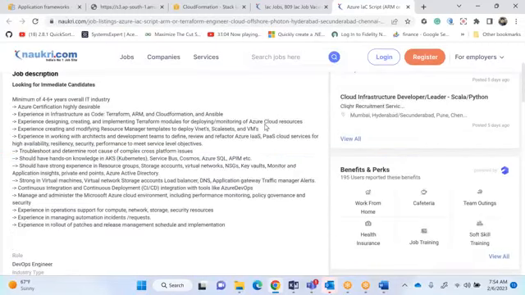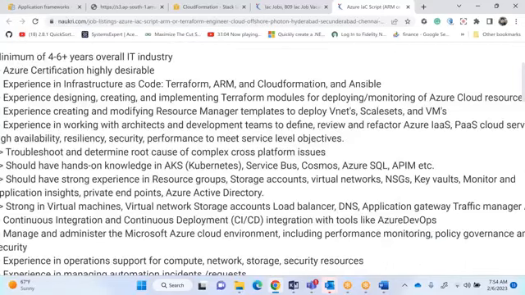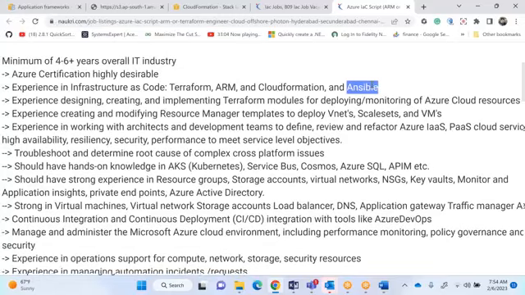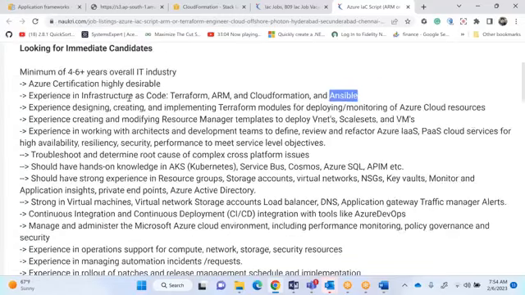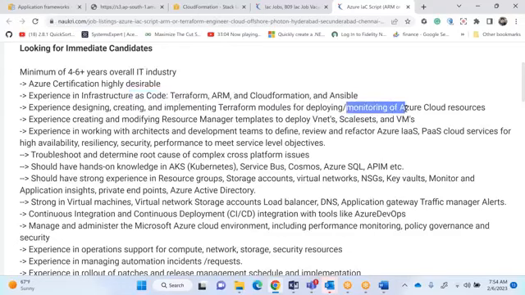See here, sir, I see companies asking for experience in IAC, Terraform, ARM, or CloudFormation template, and Ansible, exactly which I have written here, sir. This is a typical cloud engineer requirement in AWS or Azure. I don't care, but whatever I told you, besides IAC, people expect you to have very good knowledge of monitoring.